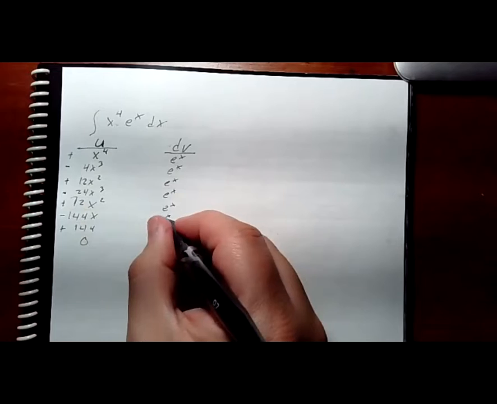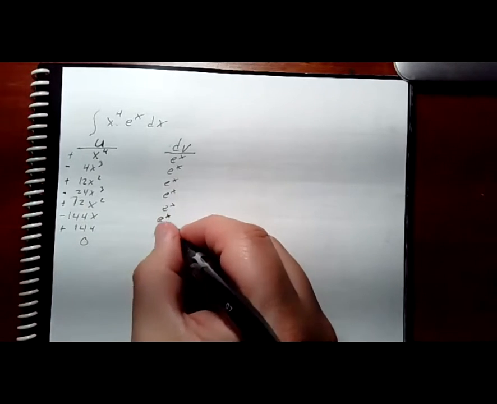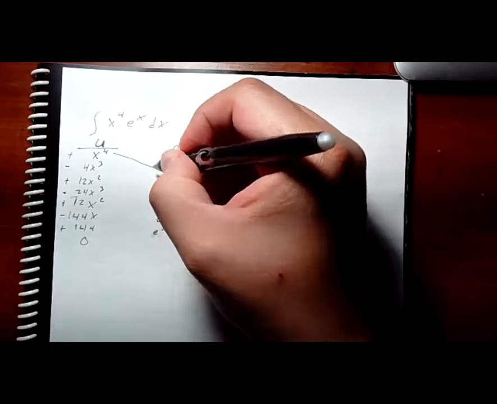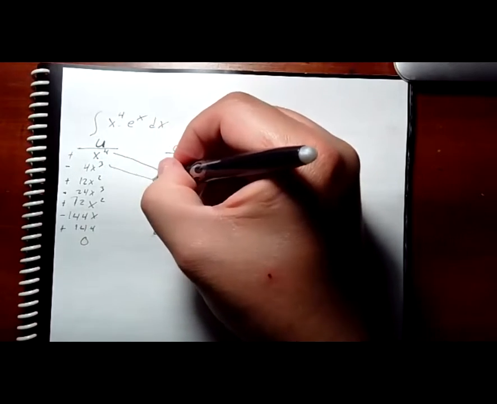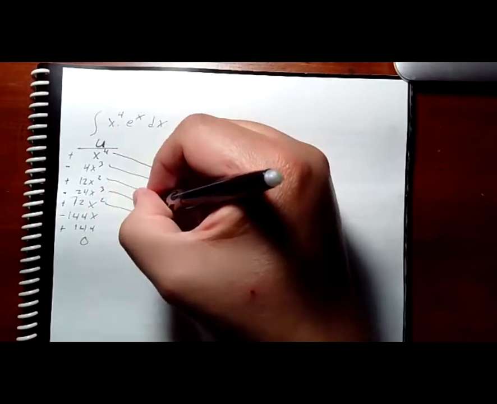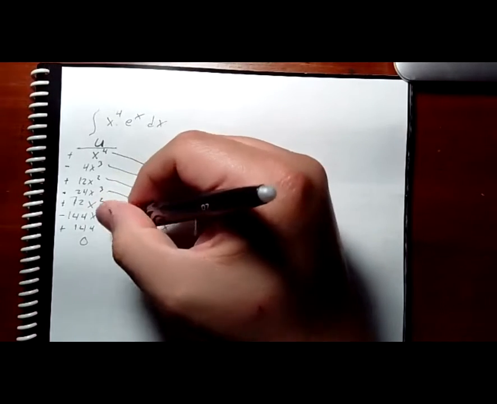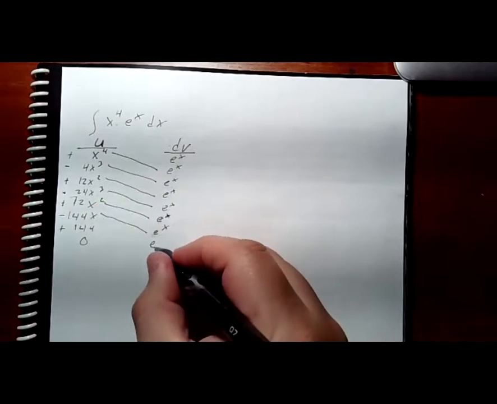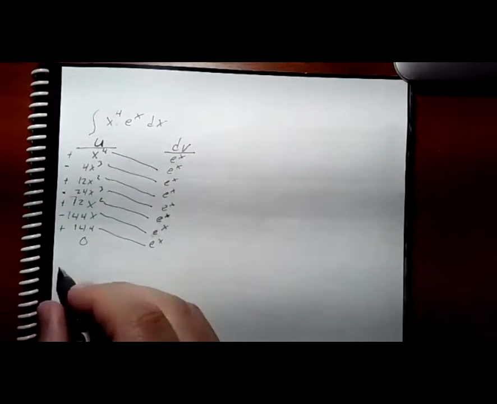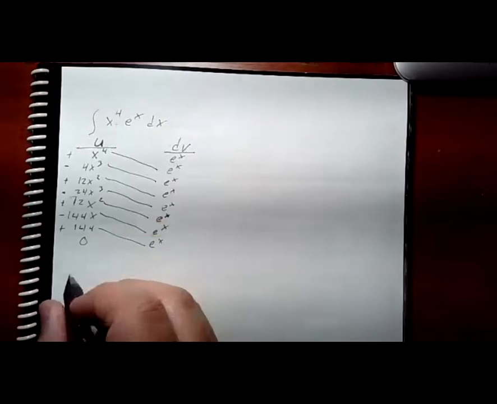So all you do, you start from up here, you do plus, minus, plus, minus, plus, minus. One more. There we go. Then you stop. So this integral here would be equal to